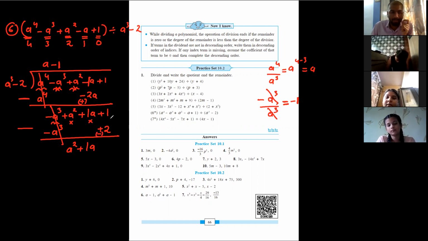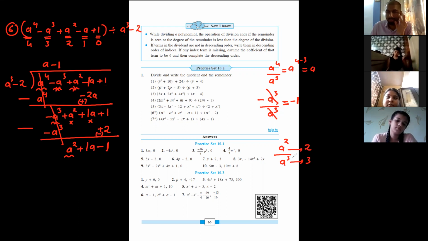Now in 2 and 1, the greater number sign is what? Minus. Both the signs are different. If both the signs are different, you will subtract. 2 minus 1 is what? 1. Now you can't eliminate a square with a cube. Why? Because the degree of the denominator is 3 and the degree of the numerator is 2. Okay, so you can't solve this question. So you'll leave the question as it is. So this will be our remainder.